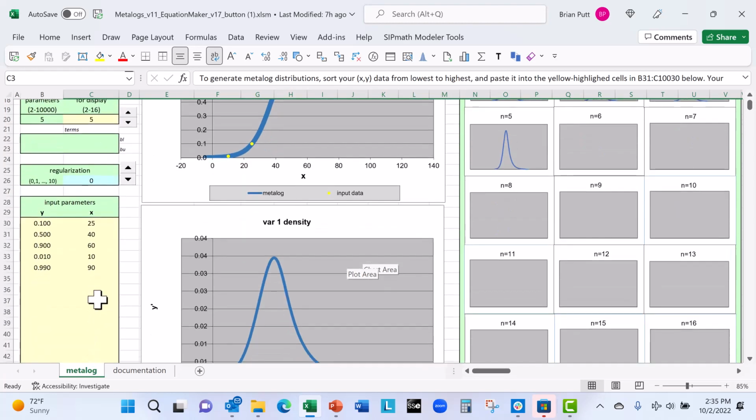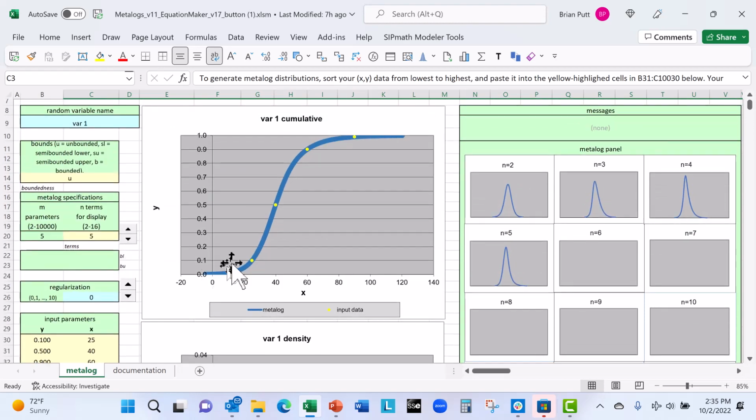And then you have to specify the values x and their location in the cumulative distribution chart. So you'll notice these aren't even in order, so they don't have to be in order. I think typically your data may come in order, but it doesn't have to be. And then what does it generate from that? So here it generated the CDF. You can see in the yellow dots the actual values you put in, and the blue line is the equation it's generated. Over here it shows how many terms for